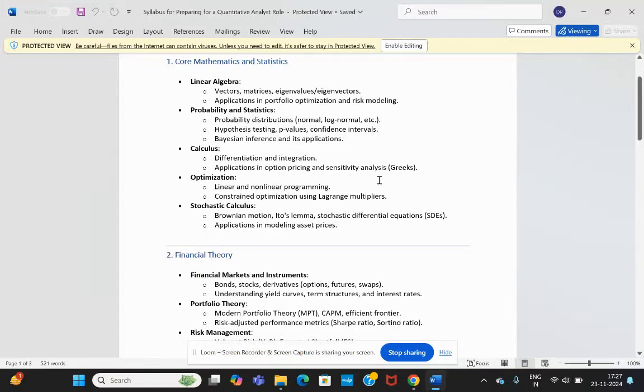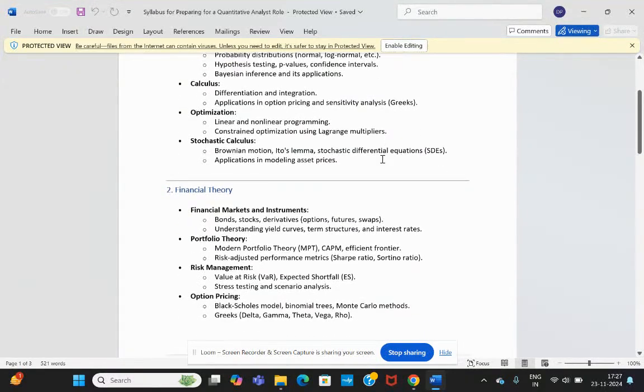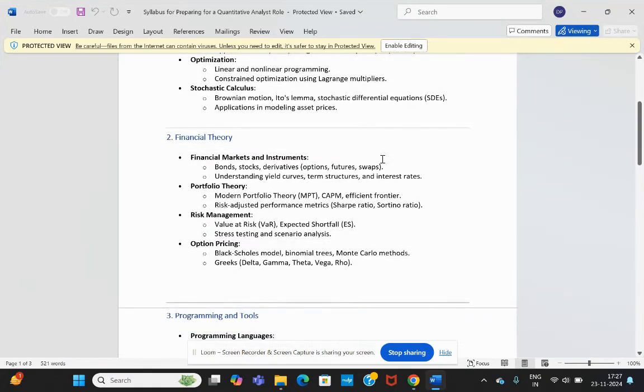After completing the core mathematics and statistics part, we will move to financial theory. In financial theory, I will teach you financial markets and instruments, portfolio theory, risk management, and options pricing. In the first part, financial markets and instruments, I will teach you bonds, stocks, derivatives,